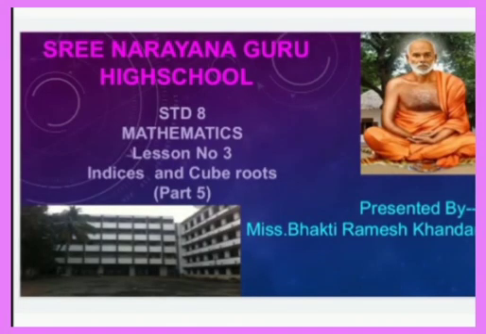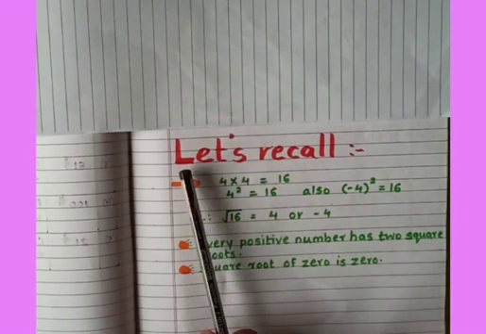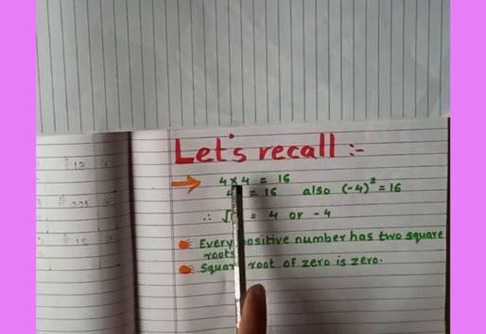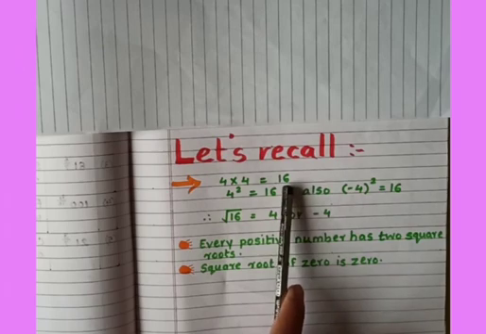Good morning, students. In the last class we learned the meaning of numbers having index in the rational form. Now today we are going to study how to find cube and cube roots. But before that, students, do you know what is meant by square numbers? Let's recall. A number multiplied 2 times, the product obtained is called a square number.